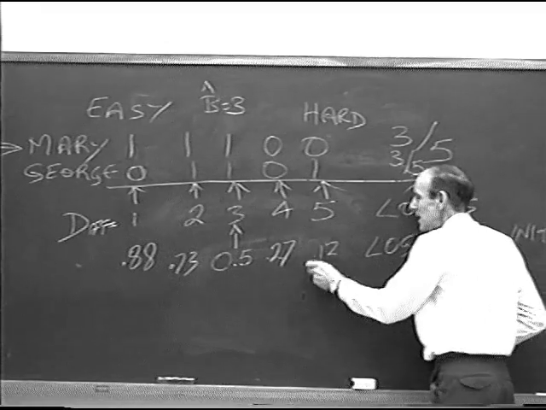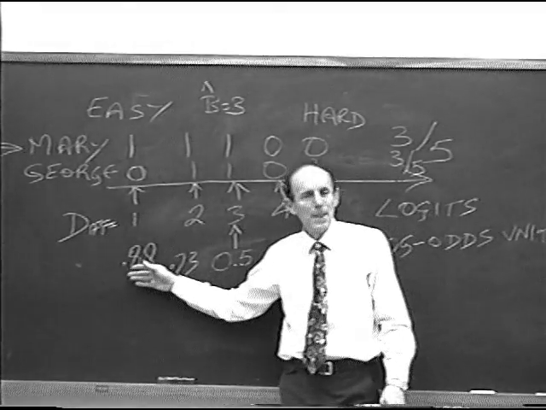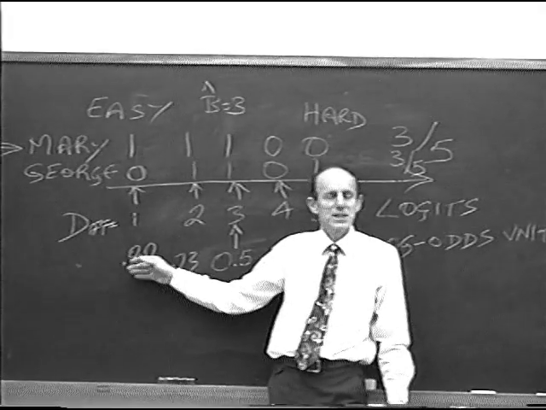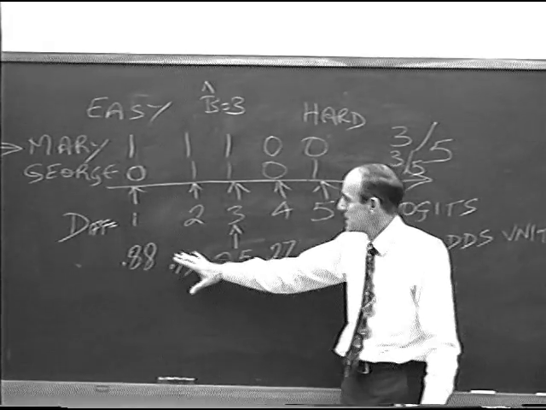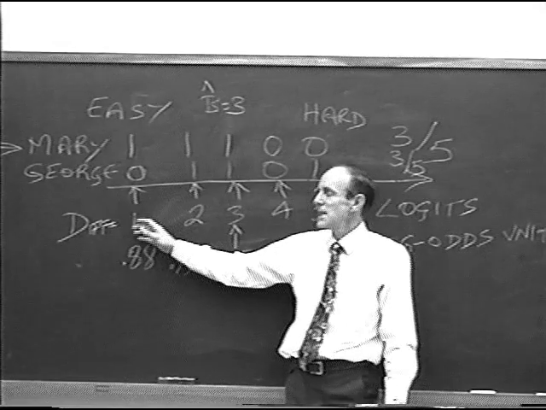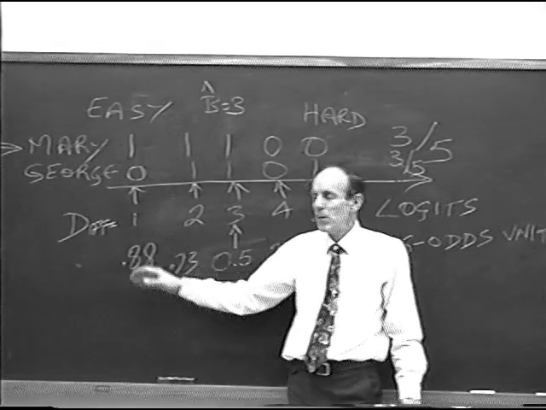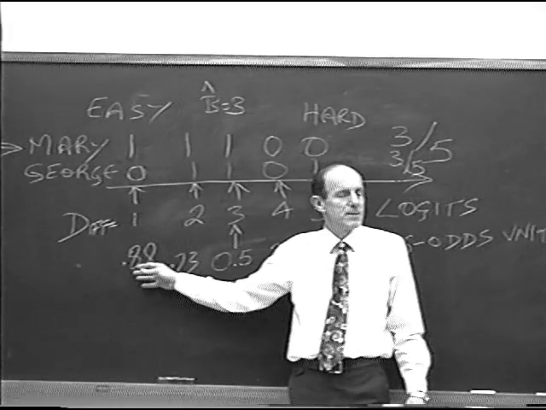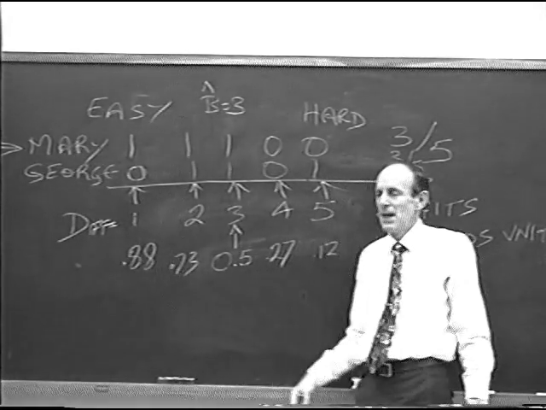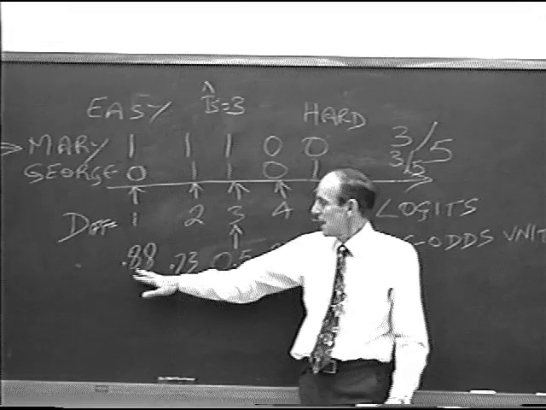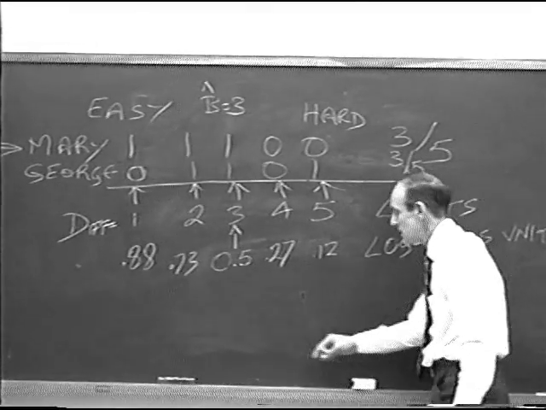0.12. Okay, so here we have predicted a probability of success, which is the same as her expected score on this dichotomous item. We can imagine if she took this easy item 100 times, we'd expect it to succeed 88 times and fail 12 times. So on average, her expected success is 0.88. When we add this all up,